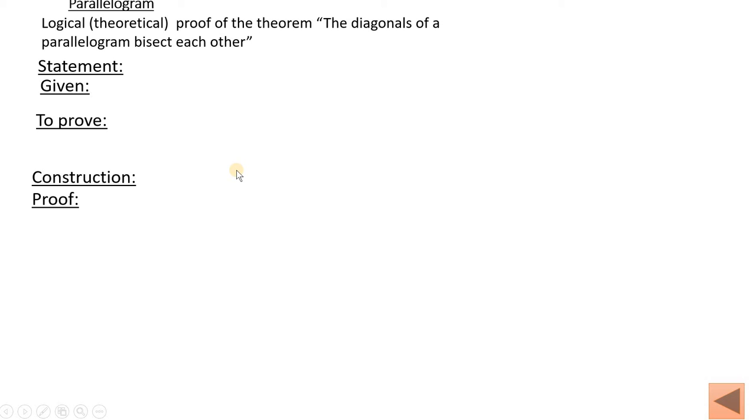So this is a highly logical way of proving it. Let us see how we write it. First, we will write the statement. The diagonals of a parallelogram bisect each other. This is the statement which we are going to prove. What is the conditional clause? It is about the parallelogram. The context is the parallelogram, and it is something concerned with the diagonals of the parallelogram. One diagonal bisects the other, and the other diagonal bisects the first one. So this is what it is.